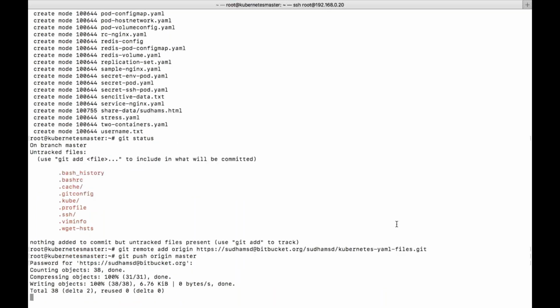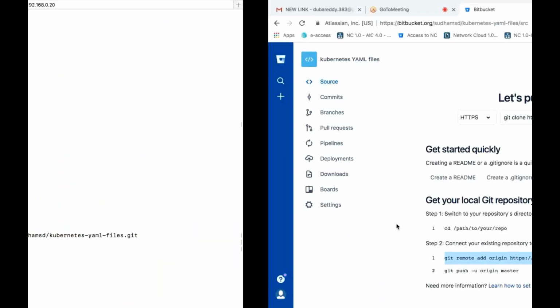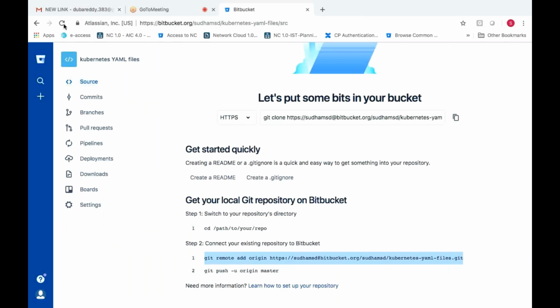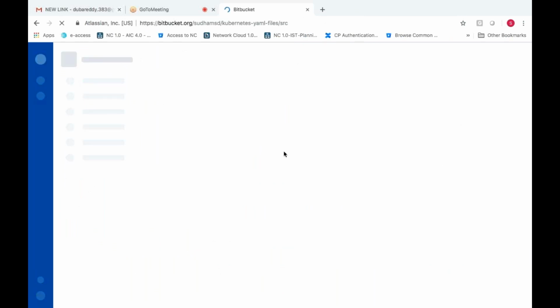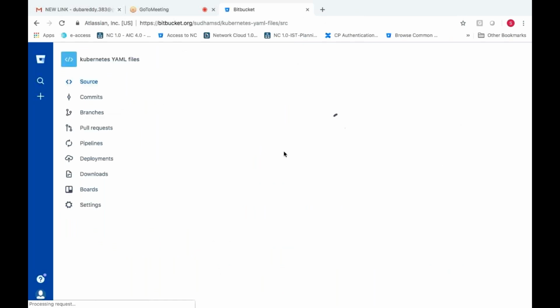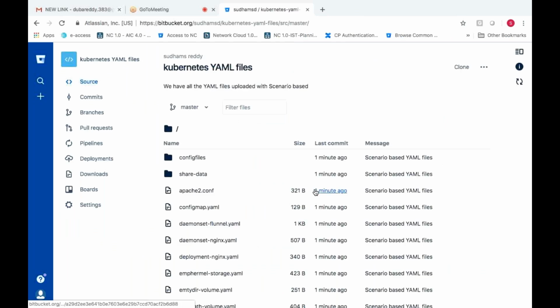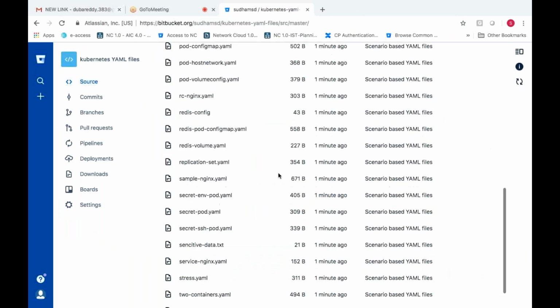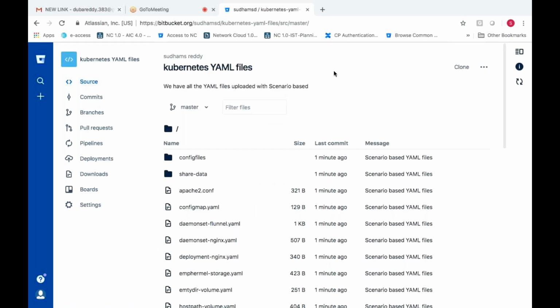Now if you refresh this browser, you can see all the YAML files which are uploaded here. This link I can give to you so you can download. You can use clone here, or download from here itself.